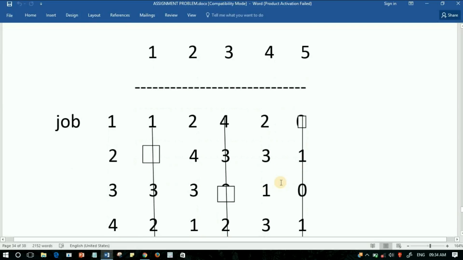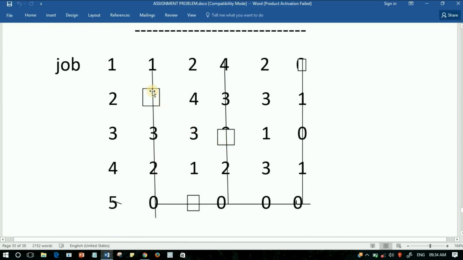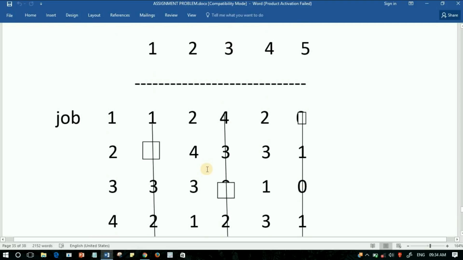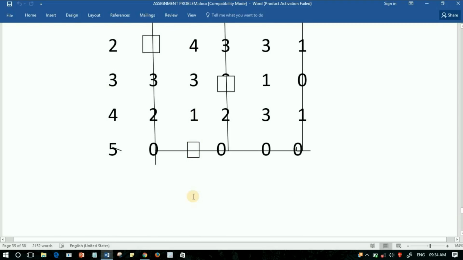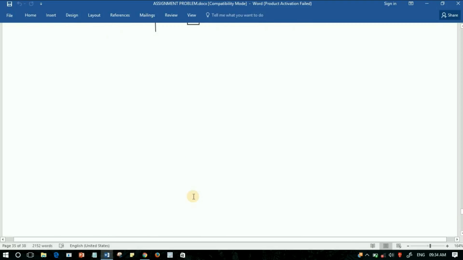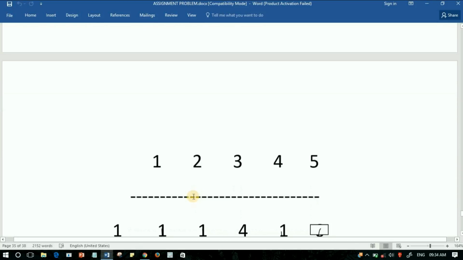In the column scanning, after this column scanning, you can see that 1, 2, 3, all zeros are covered with the lines, but the number of squares marked is not equal to the number of rows. So optimization is not reached. So look at the undeleted cell values and take the minimum, which is 1. We have to subtract it from the undeleted values, and at the intersection points we have to add 1, and the deleted values keep the same. So the next matrix is like this,